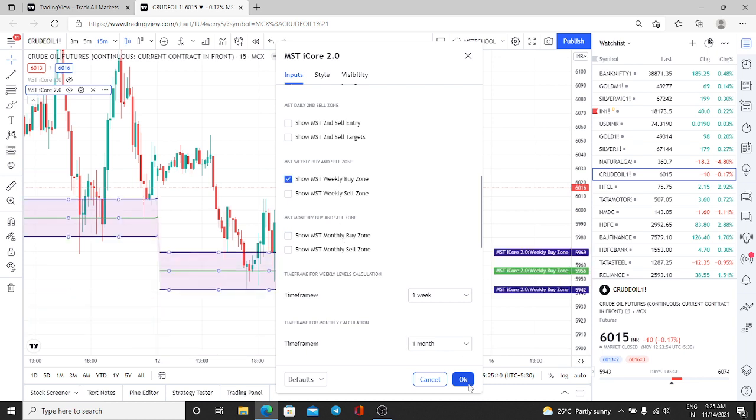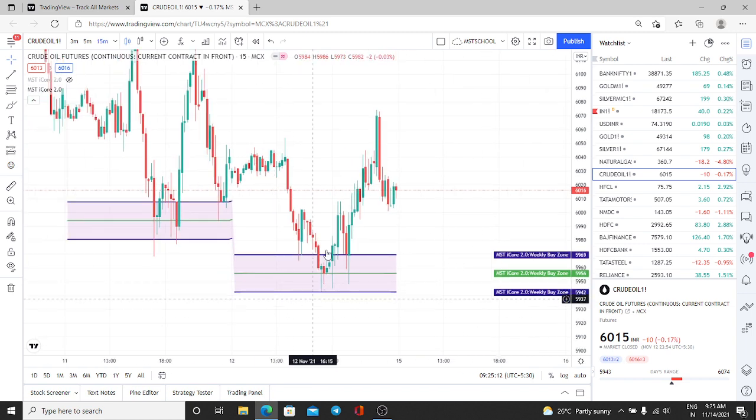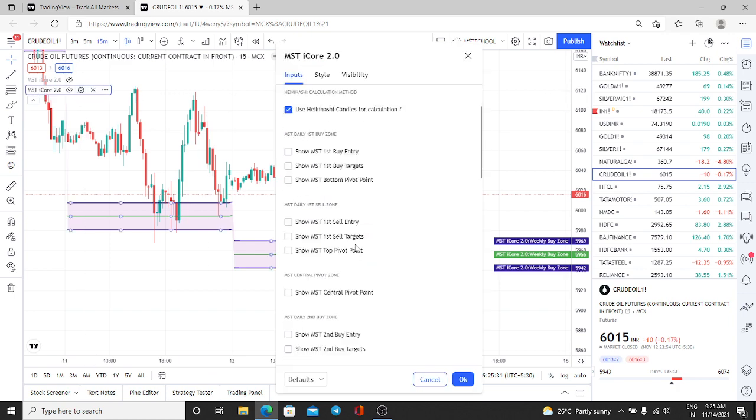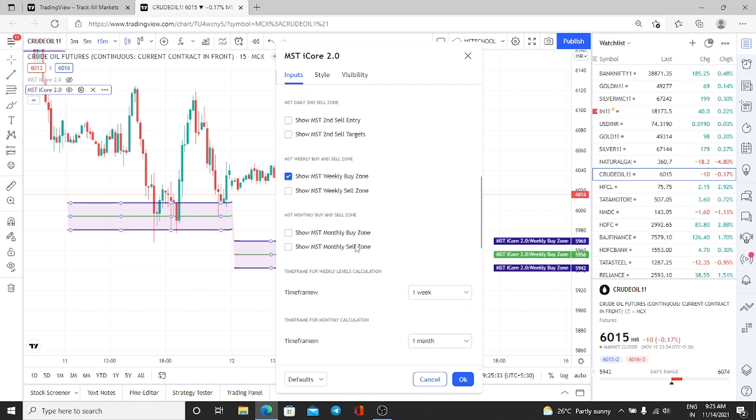See here, for the weekly buy zone we have given 3 lines. If the candles are closing below the 3 lines only, you can go for the sell; otherwise it is only a buy trend. The low is 5943 and our support is 4942. So these are the extra things we have given in 3.0. There is no other change in 3.0 compared to 2.0.